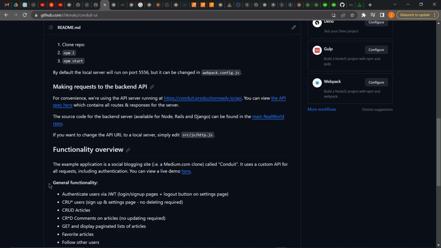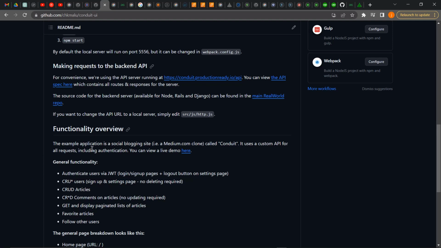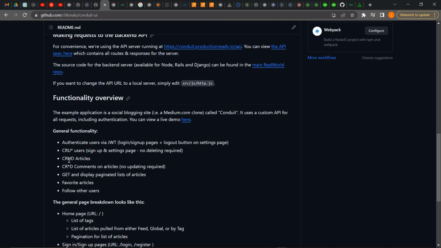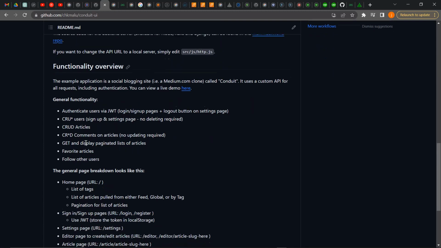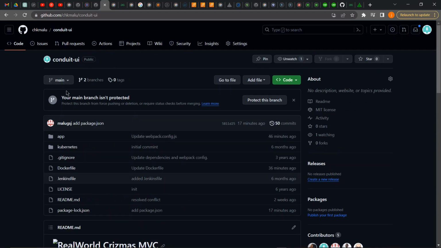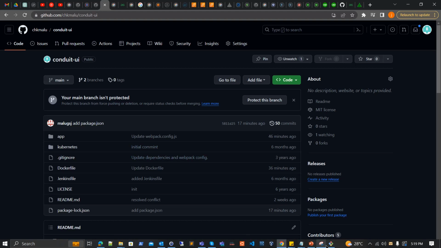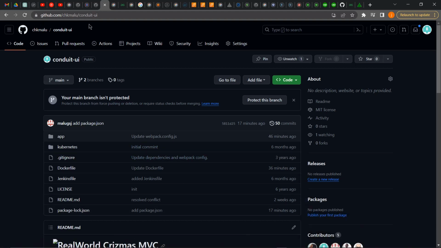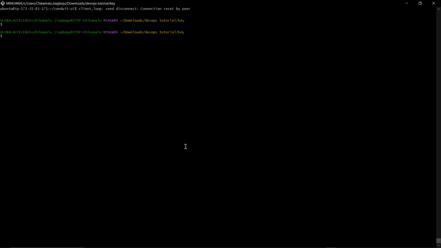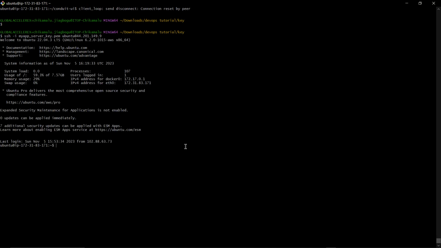Very, very descriptive. Then it's telling you that this application is just a social blogging site. You understand? And the name is called Conduit. Simple. And these are all the API actions that we can make on the application. Very, very simple. So I've gone ahead to clone this application on my local system. I'll also have the link dropped in the description section, and you can have it as well. So let me log into my server, and I'm going to show you how we can set up